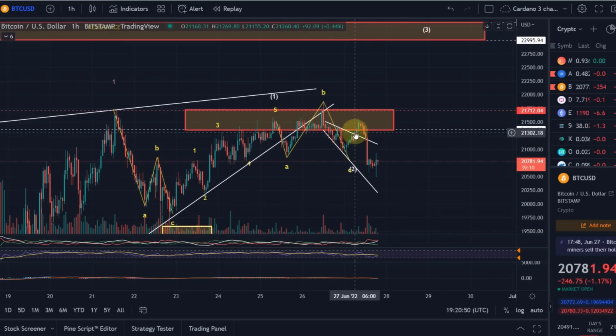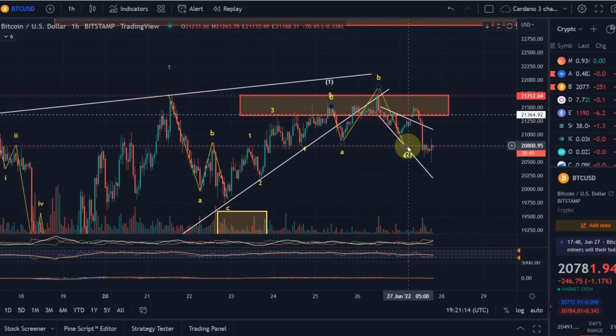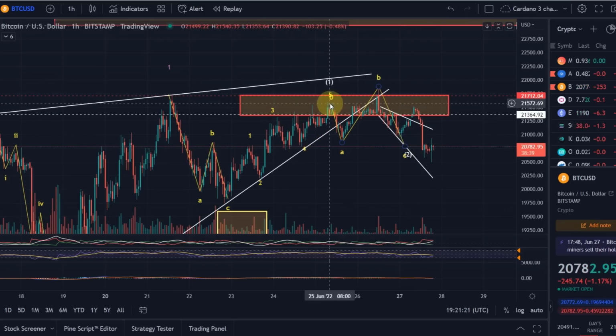It looked a little bit like we were already breaking out here, but it was important to hold this support. It didn't hold support, so again, the retest failed. That is why I oftentimes mention to you how relevant that retest of a support level is. It didn't even test once. It failed straight away, and that led to a more bearish outcome here. So not a problem. Absolutely within scope here. And I did mention to you before as a possible target for this wave 2 here in white,